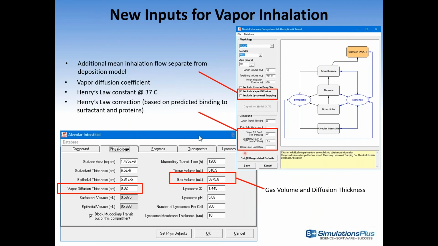So there are going to be some new parameters which are compound specific that are defined on the PCAT window. And then there are also going to be some new physiology terms which are set up for you for those species that we saw earlier. The vapor diffusion thickness, gas volume,